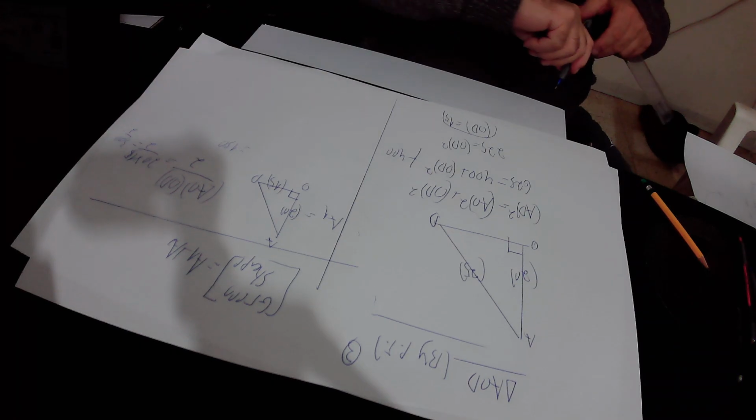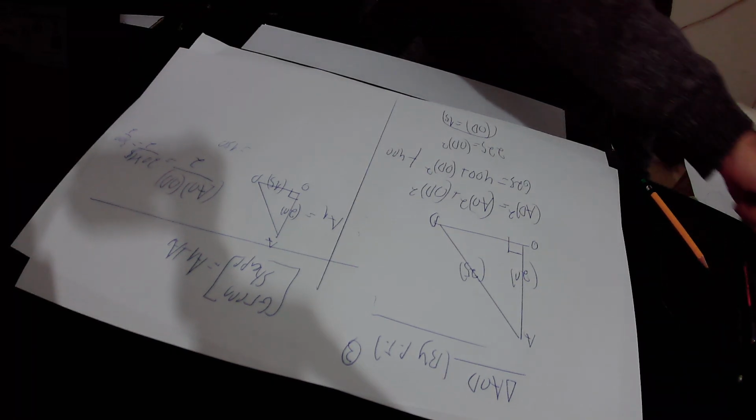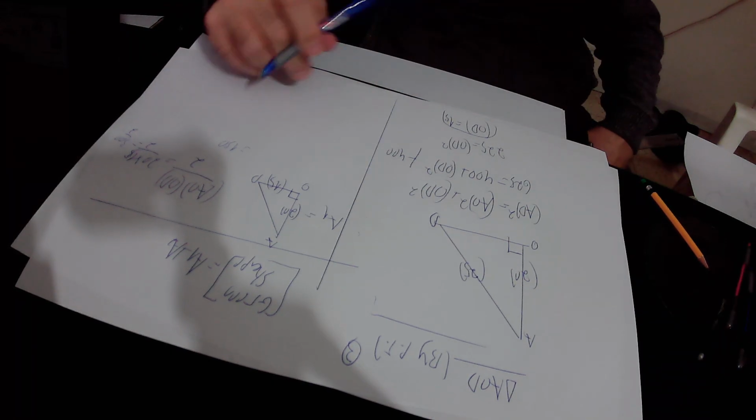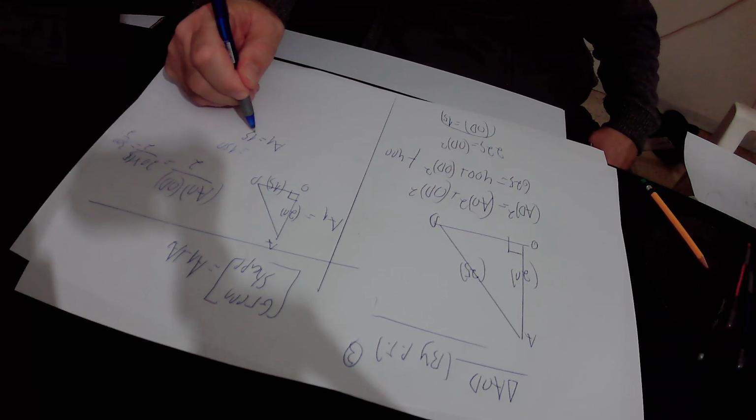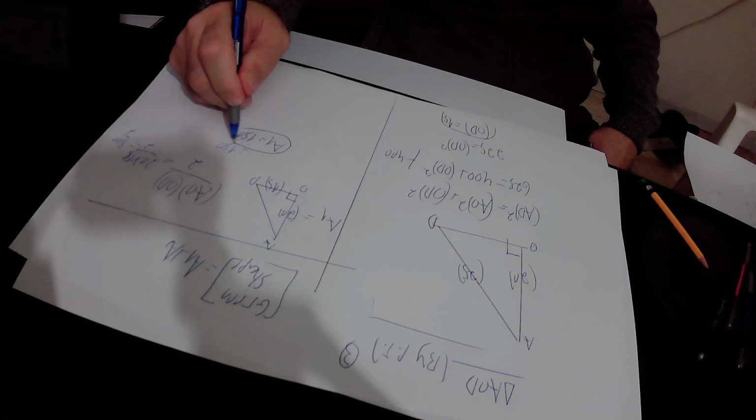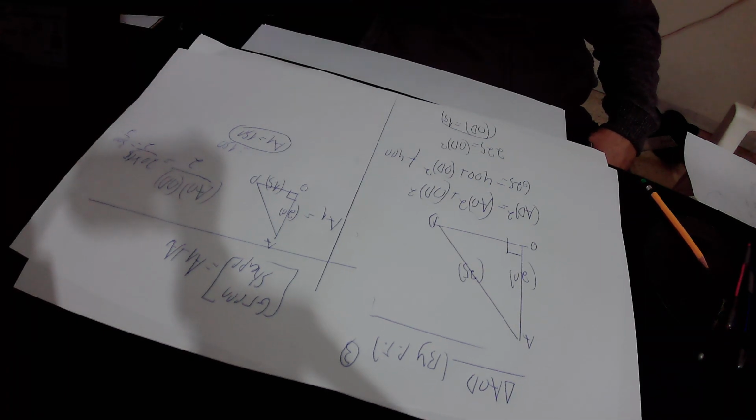So in conclusion, we found out that A1 equals 150 square units. That is to say, the area of this right triangle AOD equals 150 square units